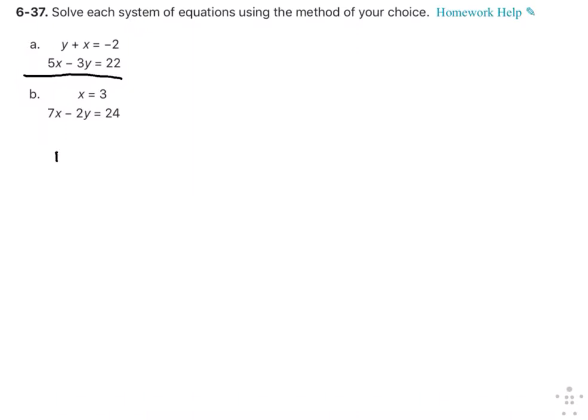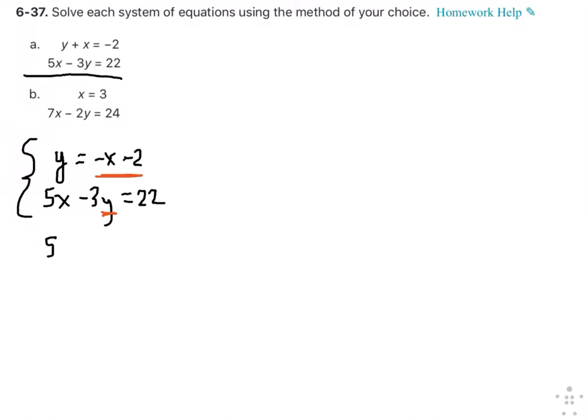So I'm going to rewrite that top equation to be y equals negative x minus 2. And the bottom equation I'm going to leave the same, 5x minus 3y equals 22. Right? Now, wherever I see a y in the second equation right here, I'm going to substitute this in. Right? So the second equation becomes 5x minus 3 times negative x minus 2, because I substituted that in, equals